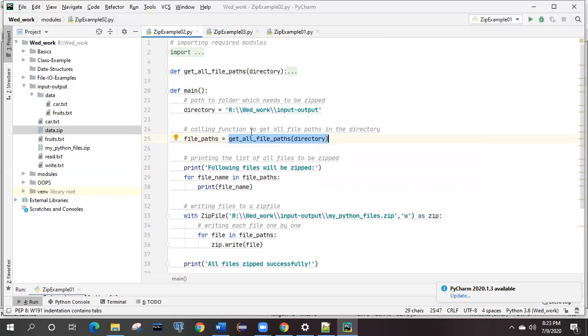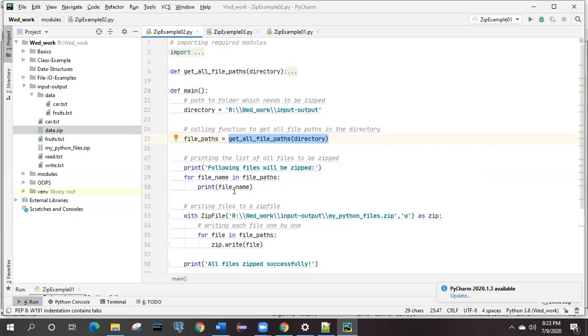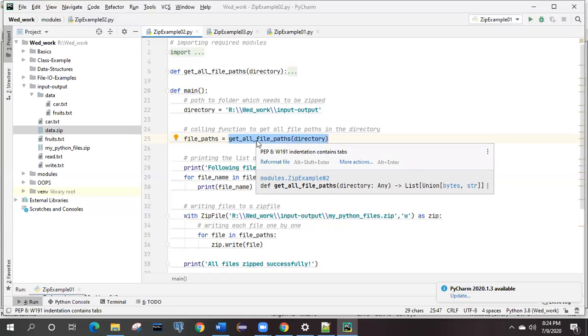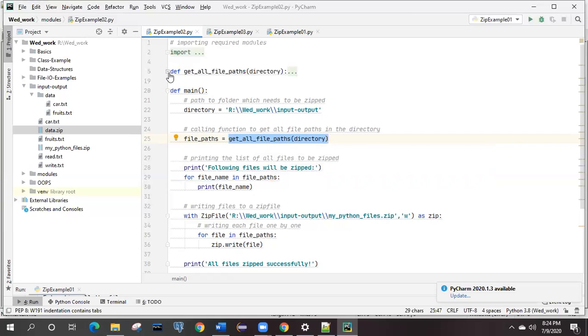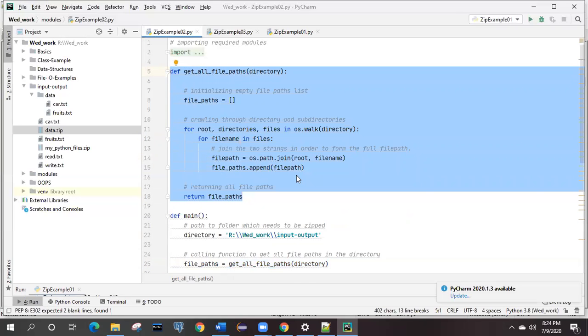Now coming to this line number 25, it will see that there is another method called get all files path, which is taking a directory, and that directory is nothing but the location from the previous line, right? So it will not go and execute the remaining lines. Before going to the next lines, it will search whether there is any function available in my program or not, right? So it will come and see that here we have one function. Got it? Get all files path, and it should have the directory, and we are passing it, right?